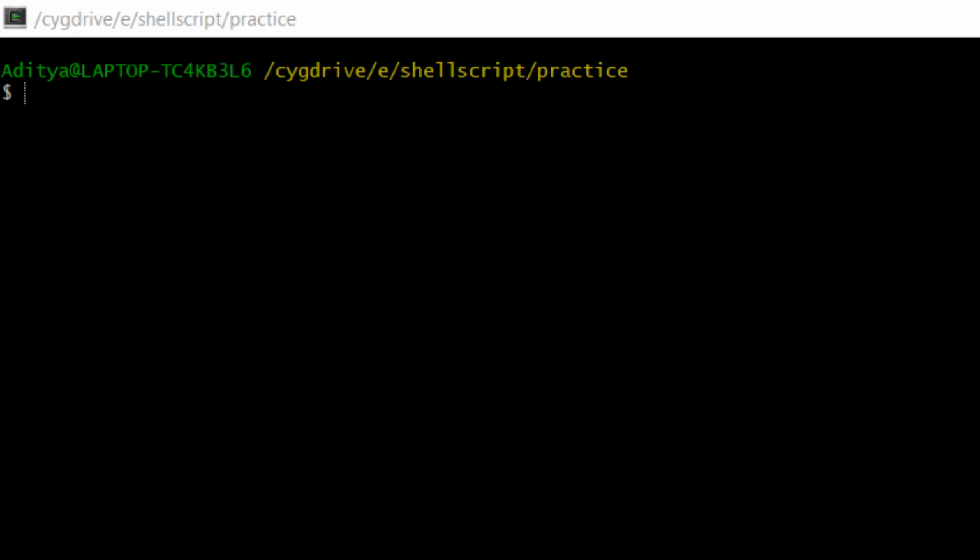The echo command is a Unix command tool which is helpful for printing arguments, string arguments. The syntax of the echo command will be like this: echo, after that options. We will talk about options in this video after covering a few of the important concepts. Options, and after that the argument that you want to print. This is the syntax.